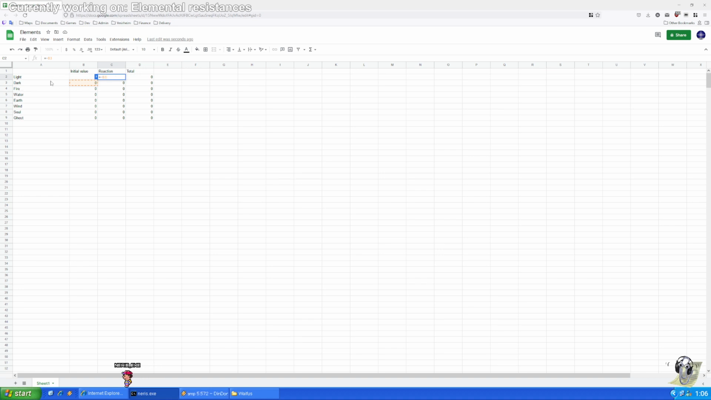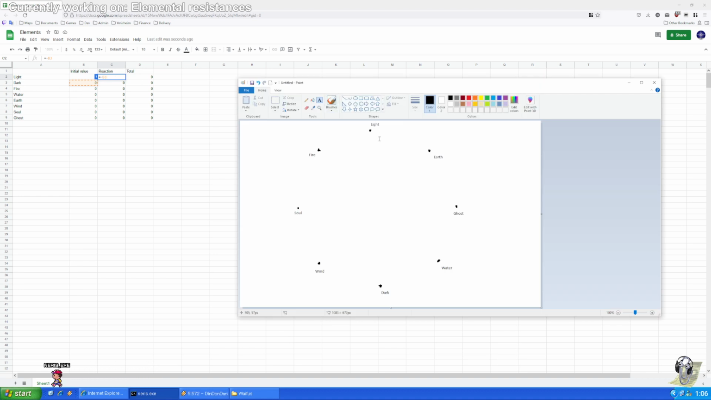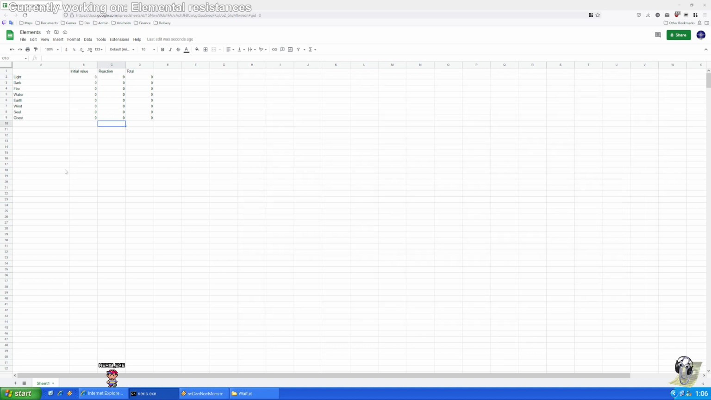So first is negative, light is negative, dark, direct, opposite. Then it should be like 0.3. Let me actually make it configurable. Neighbor factor is gonna be 0.3 or 0.5. Let's try 0.3 right now. So